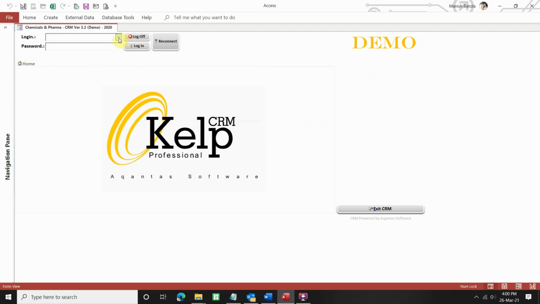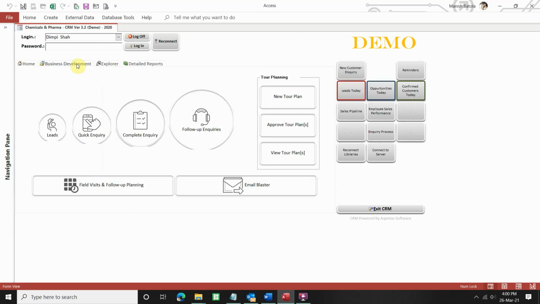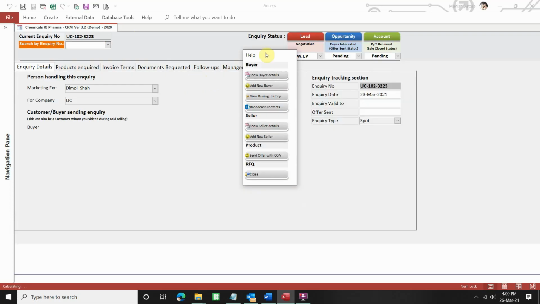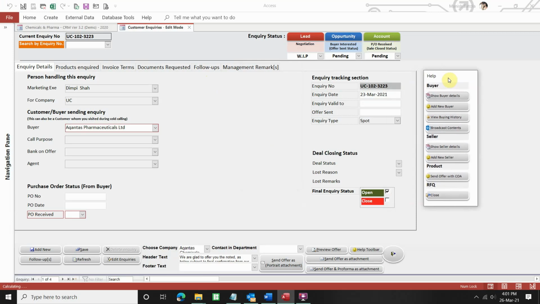Now let's say for example the next day Dimpy comes to work. She logs in. Okay, and she goes into business development, complete inquiry, to take an inquiry. So the inquiry form opens up for her as normal, nothing changed. She can say add new inquiry. Okay, and when she clicks on buyer, last time it showed her all the list of buyers. Okay, the list all which came from the master files, but today when she clicks,